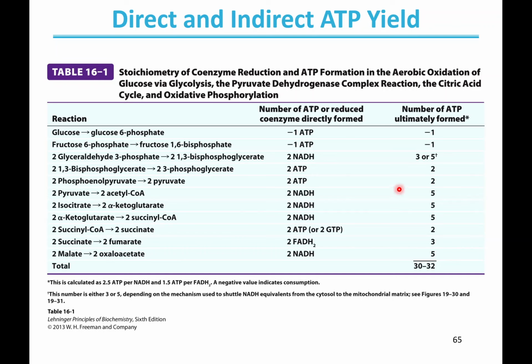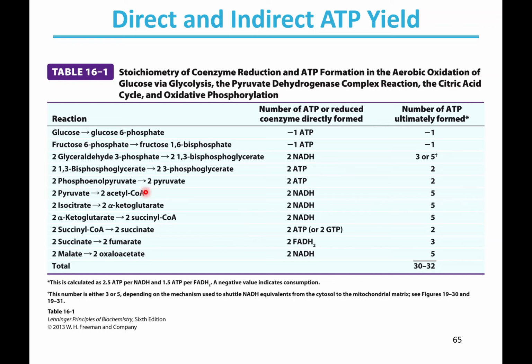So after glycolysis, we do have a net production of ATP. Not much, but each glucose molecule, we use 2 ATPs and we make 4, so we have a net production of 2 ATPs. Plus, this can get a little confusing, but the NADHs can either be 3 or 5 ATPs formed from each of those, depending on how those get into the mitochondria. Okay, so you do have some production of ATP, and you see that NADH accounts for a lot of it from